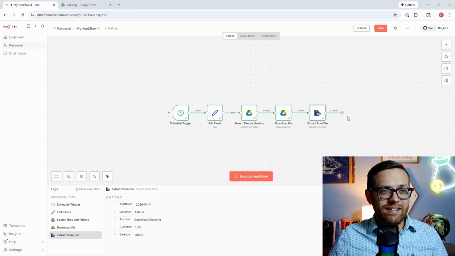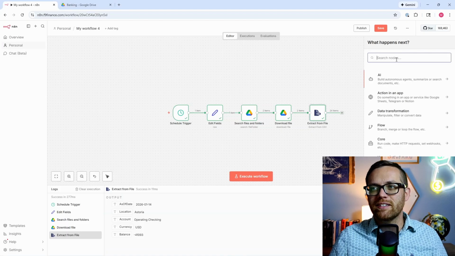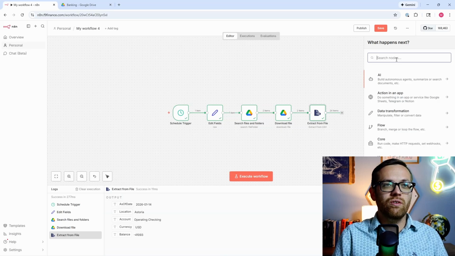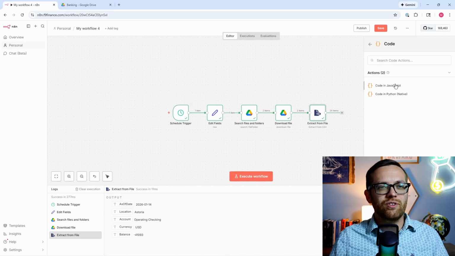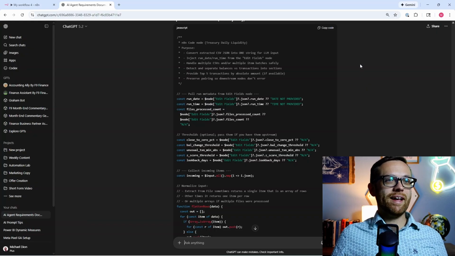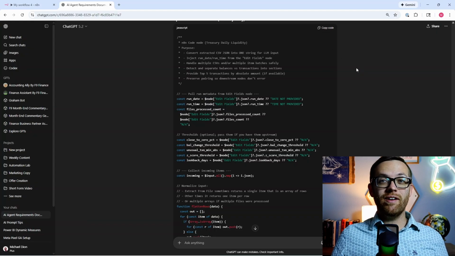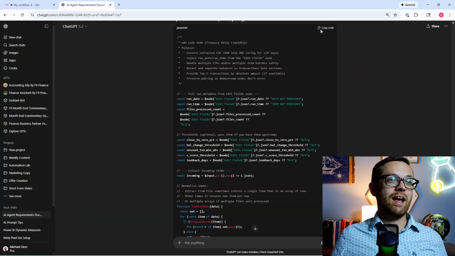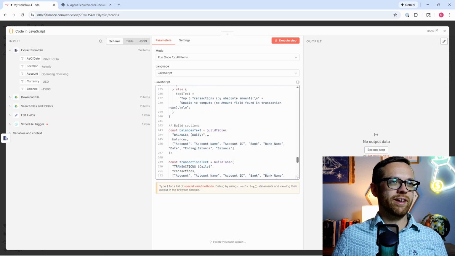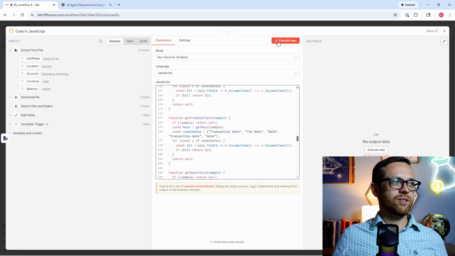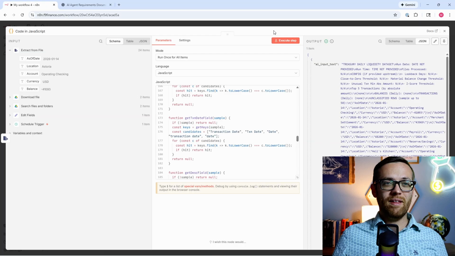Now that it's extracted, we're going to go ahead and run the code that ChatGPT gave us. So let's go ahead and do code. Here we're going to run custom JavaScript code. So going back to our blueprint, here is the code that we were given. We'll copy this code, bring it over here, and just overwrite everything already there. Brilliant. So we'll execute this step, and this will run our data into a format that the AI tool can